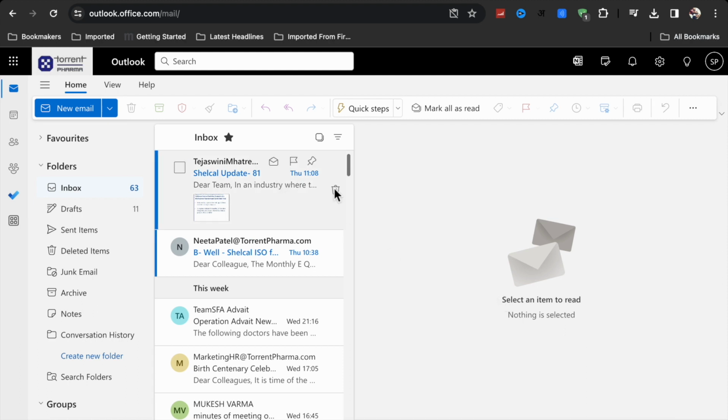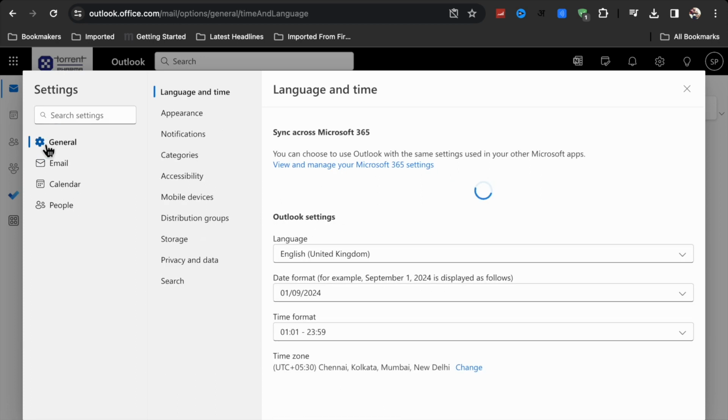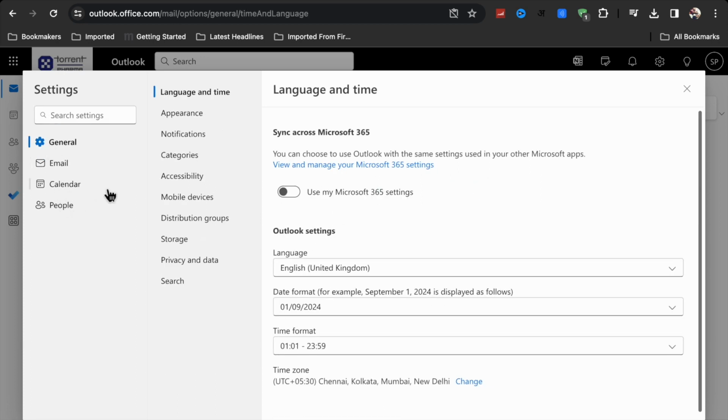First of all, here you will see like this. Now here you will see this setting option at the top. Okay, now click on this setting option. Now here you will see many options: focus, inbox, general options, email, calendar, people. So if you want to add the signature, just click on this email option, and